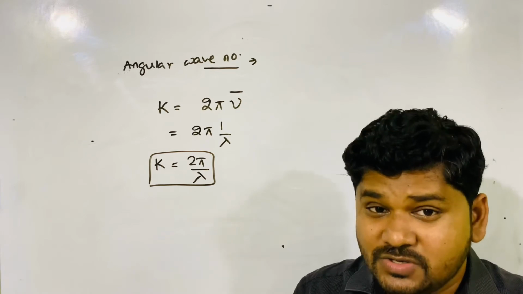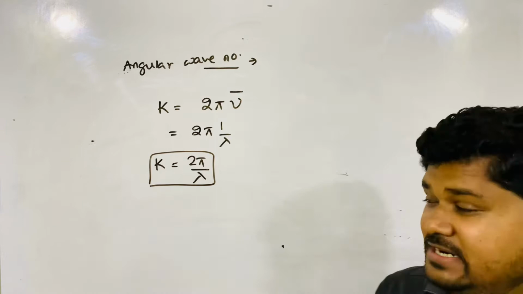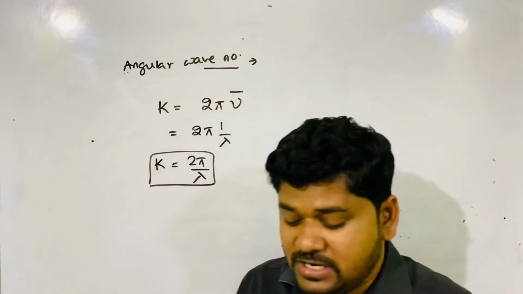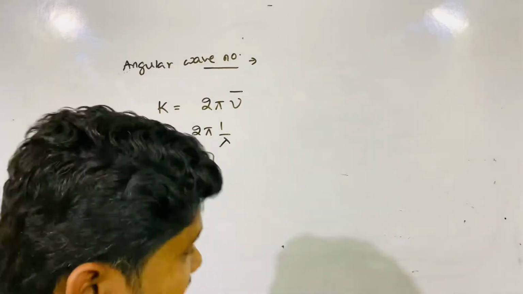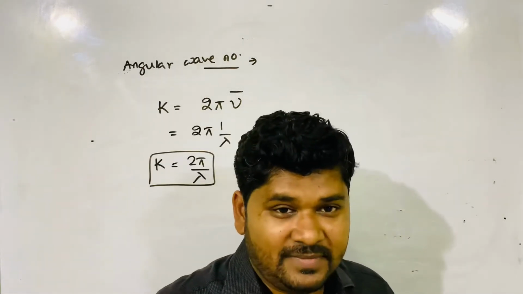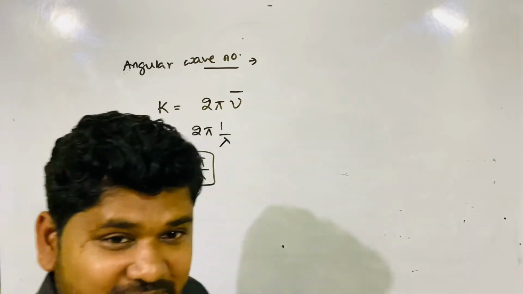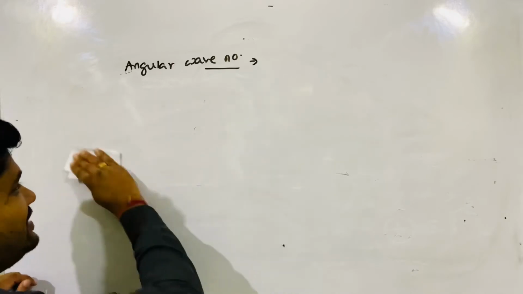This k is also called the propagation vector, and it's 2 pi by lambda, the angular wave number. So these quantities are required when we enter into this topic. There is another quantity we will not leave out, which is also important. Which quantity? That is